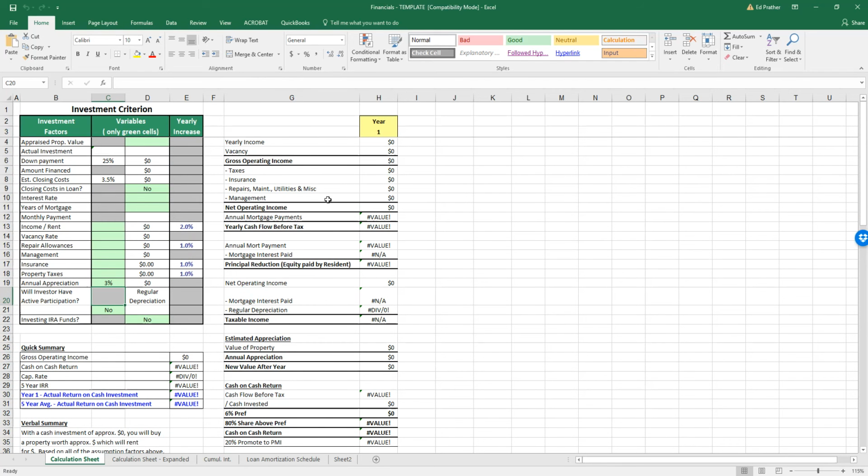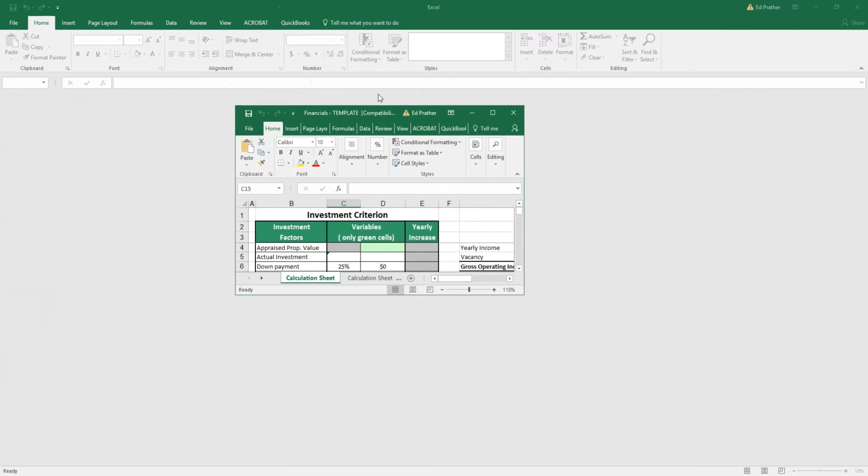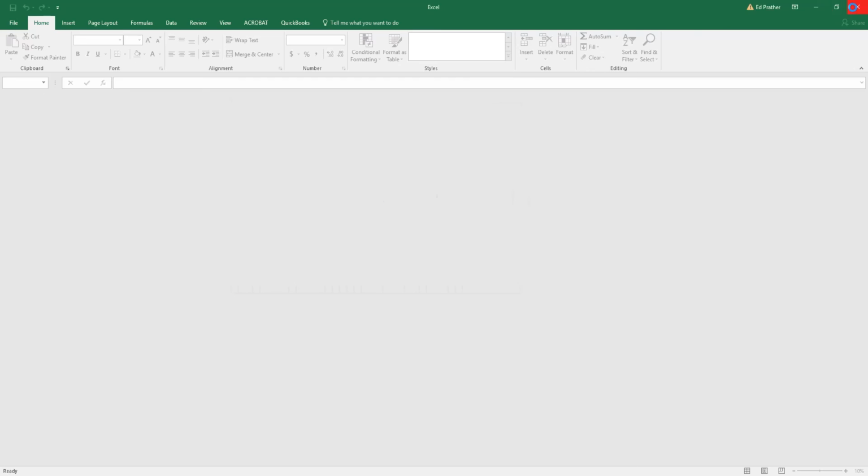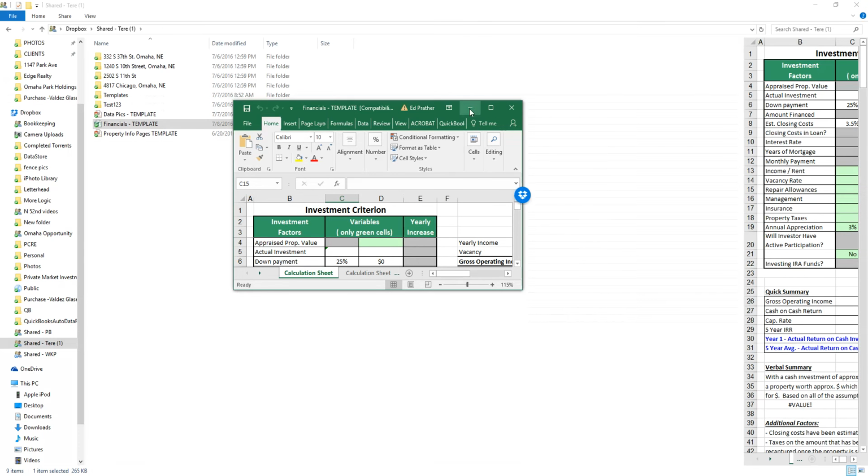Most of this stuff is not filled out. As a quick reference, the green is what needs to be inputted. So these are all the inputs, kind of the variables that we will go ahead and input. In this case, we're going to do